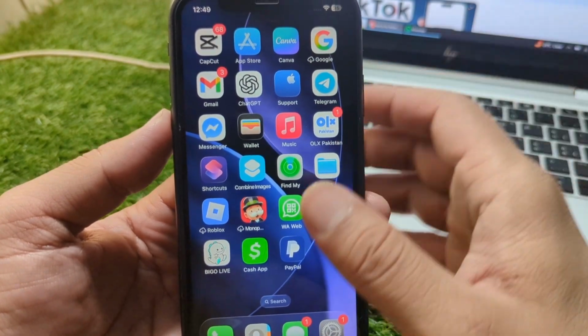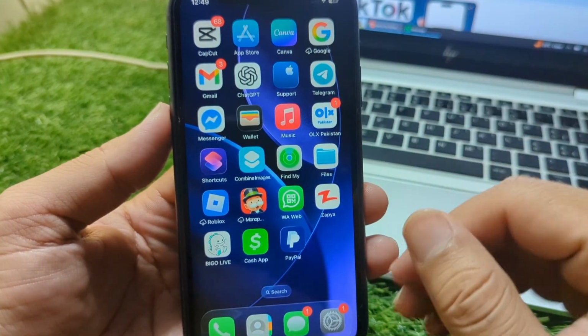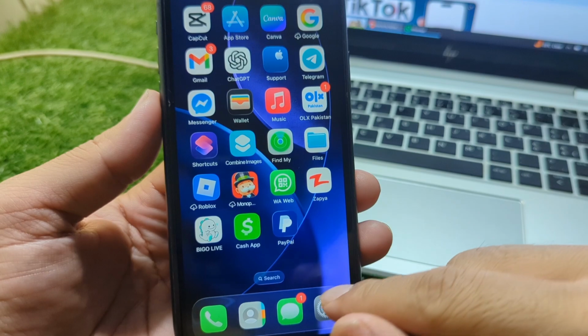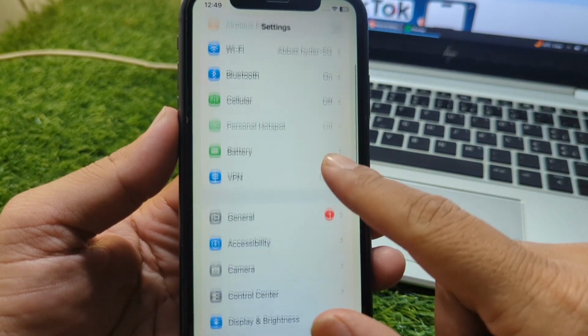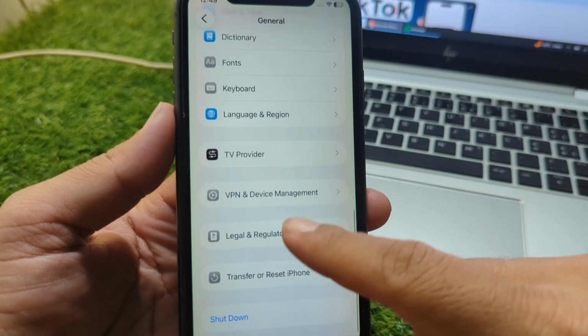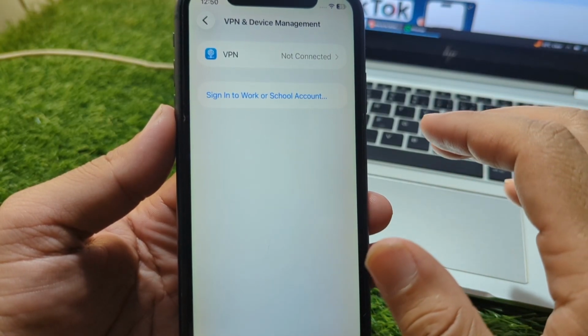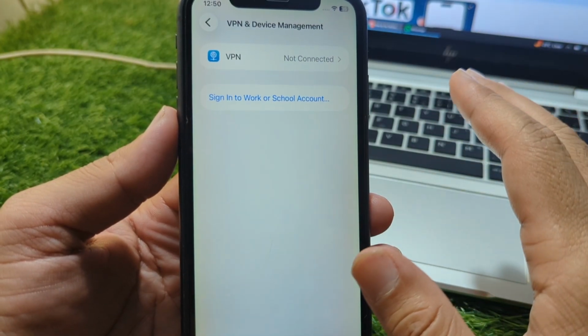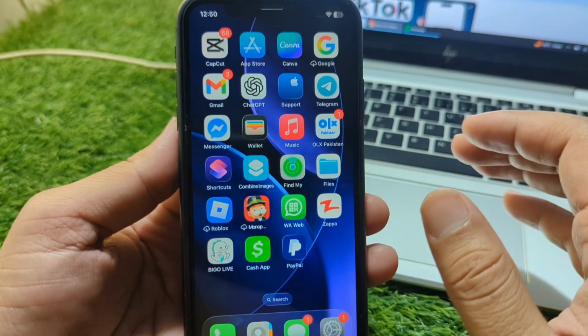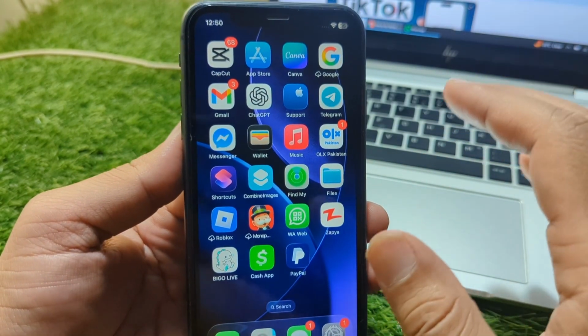and if the problem is still there, then go for the next solution, that is make sure that there is no connected VPN on your device. So guys, for that you have to open settings, go to general, and then scroll it below and go to VPN and device management, and make sure that there is no connected VPN on your device. So guys, do this and check if the problem is fixed or not,